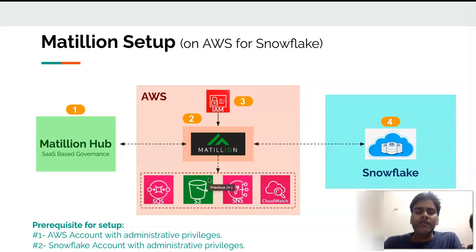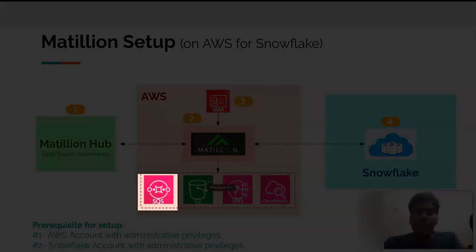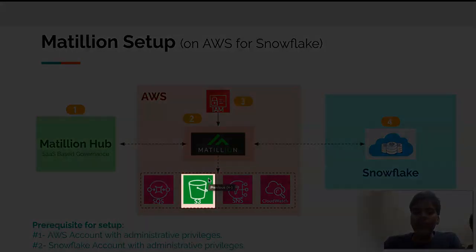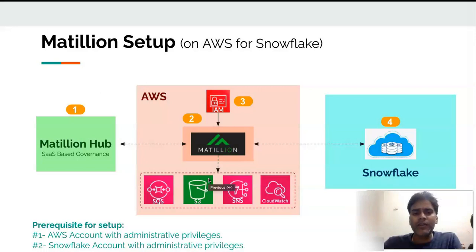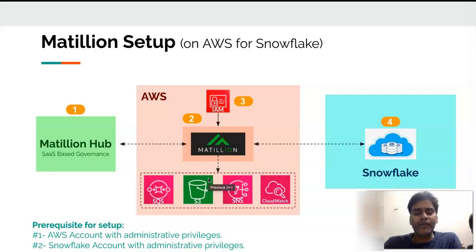Majorly, we would need to give privilege to the SQS service, which is used for message queuing; Matillion uses it for publishing messages to SQS or reading messages from SQS. S3 is majorly used throughout Matillion jobs because S3 is where Matillion stages all of its data files temporarily. So this is a kind of staging area. SNS service is for notification. In case of any error notification or job notification, you can use an SNS topic, and for that integration Matillion should have the required privilege on the SNS service.